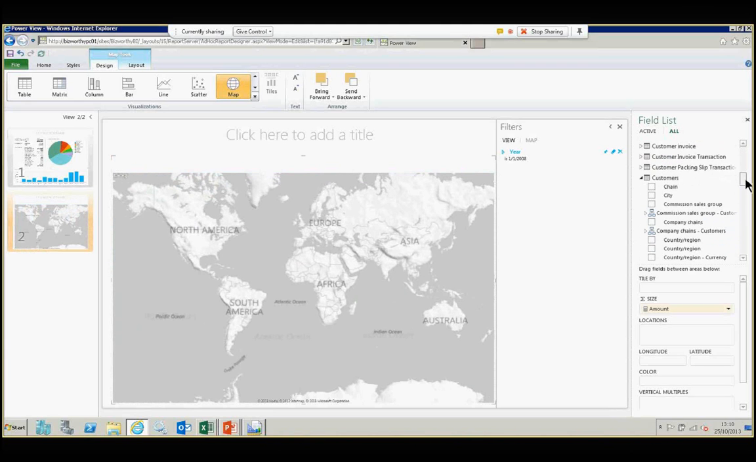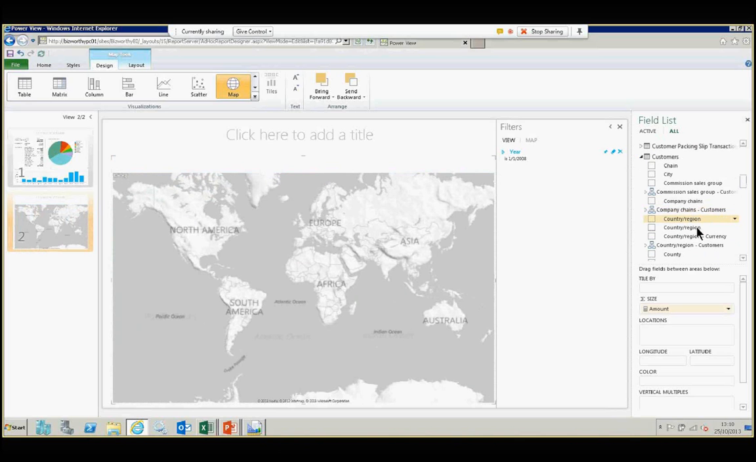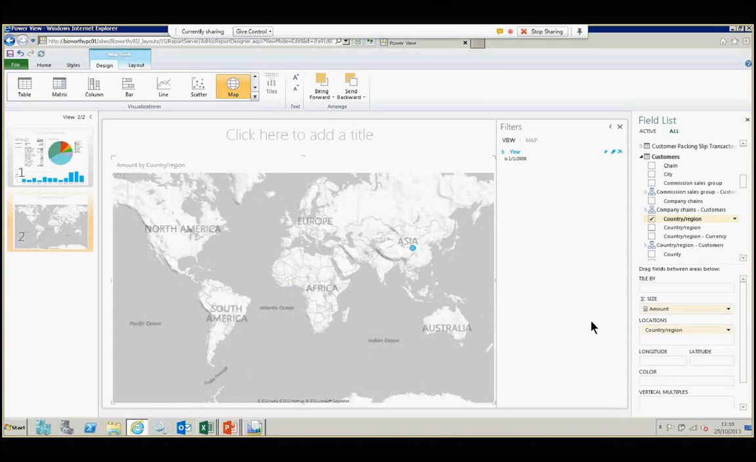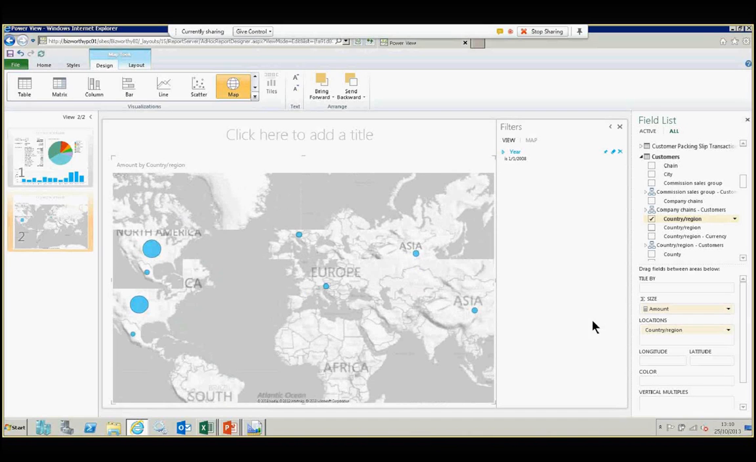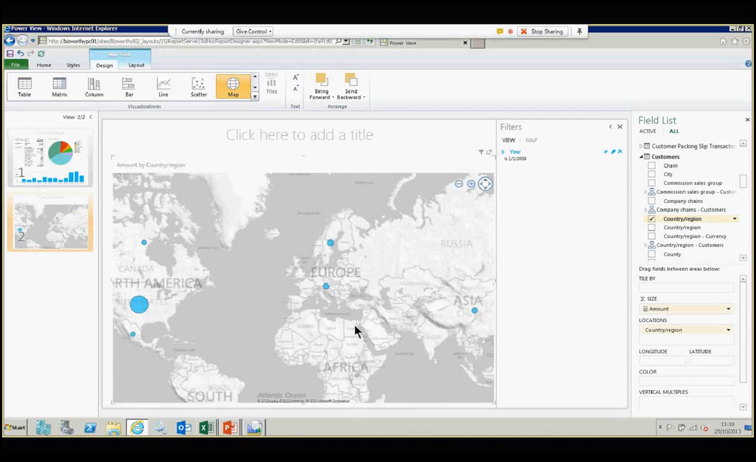And I'm going to drag that in here to my location. And you'll immediately see now it starts to home in on the particular countries. Now, there's no particular coding that I've done here. Just within the AX data, as you have with most business systems, you've got the country codes, and that is what it's